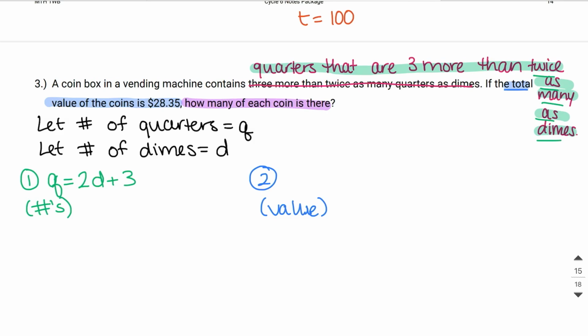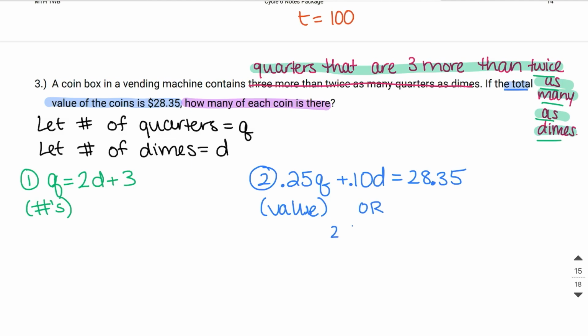So here, another place where you want to be really careful is this. So if a quarter is worth 25 cents, I can write 25Q. If a dime is worth 10 cents, I can write plus 10D. And then I would say equals 28.35. Here, this is incorrect because there's a decimal place here, which means that we've got $28.35. But without having decimal places here, we are saying that it's $25 per quarter and $10 per dime, which doesn't make sense. So we can either say 0.25Q plus 0.10D,